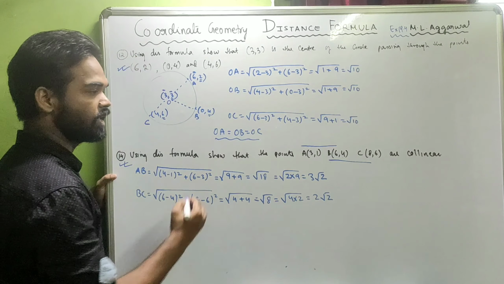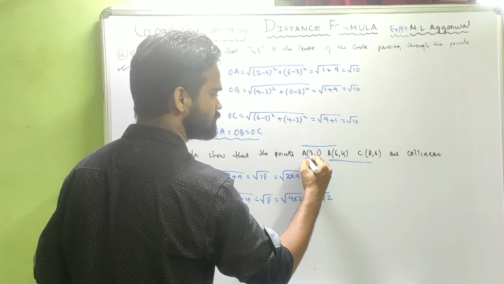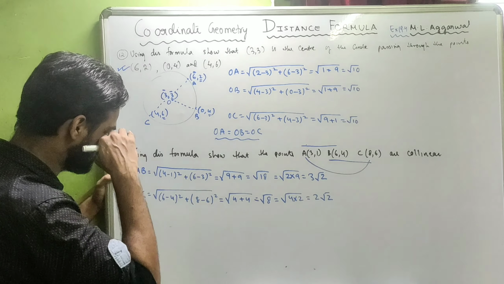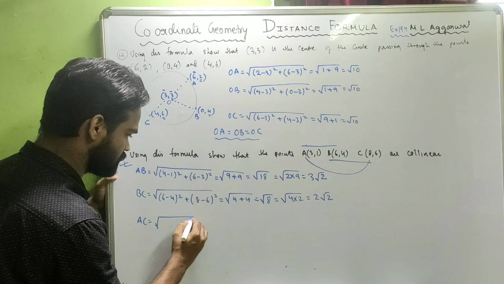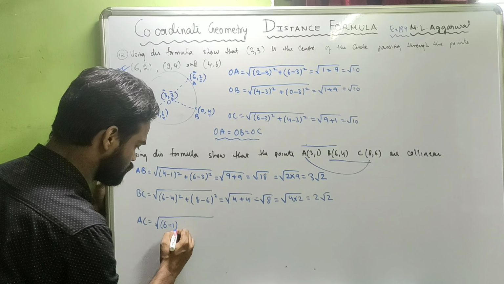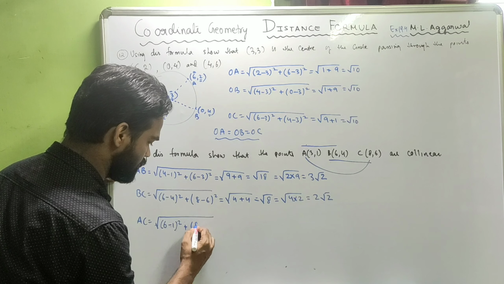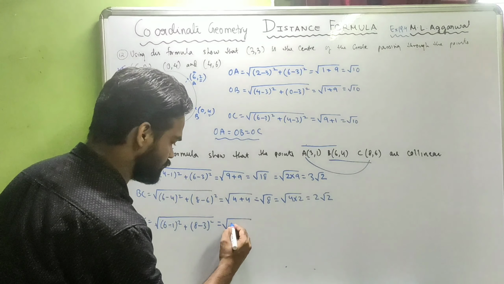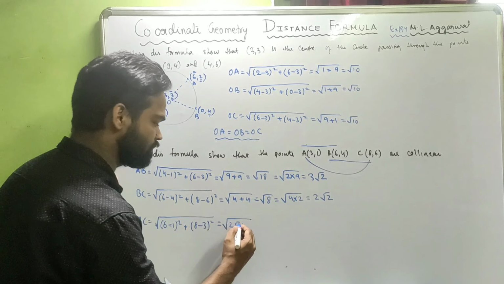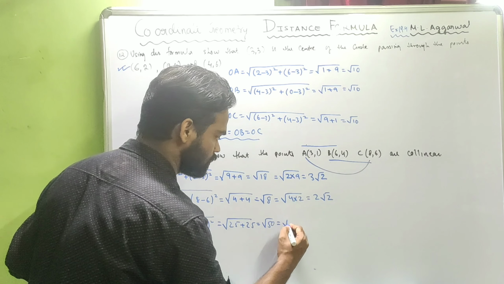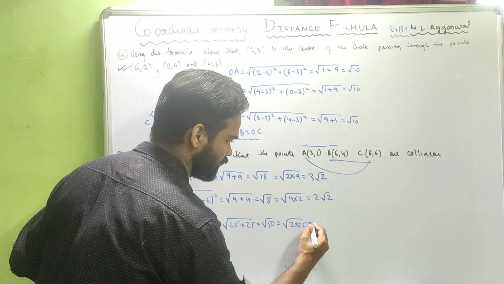Done. Then find AC. The logic remains the same. 6 minus 1 whole square plus 8 minus 3 whole square, which is 5 square, 25, plus 5 square, 25, that's root 50, that's root of twice into 25, that's 5